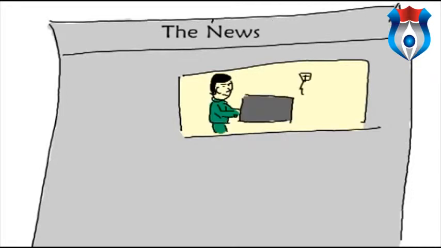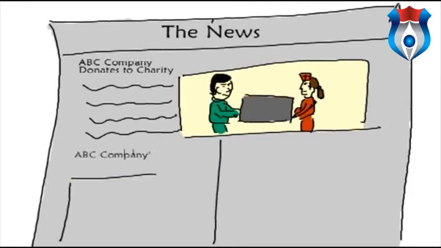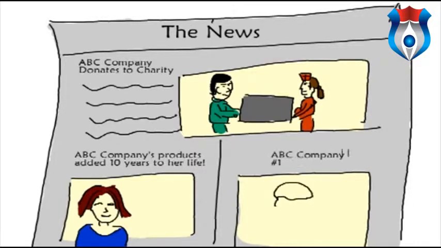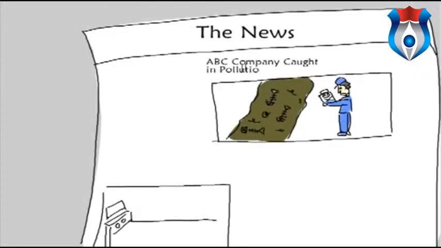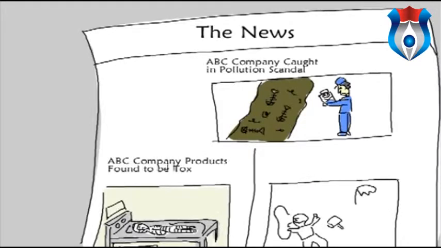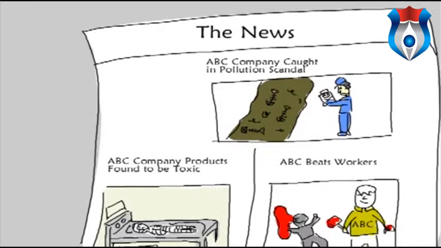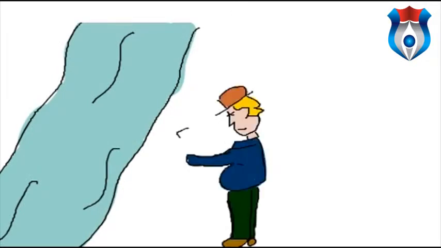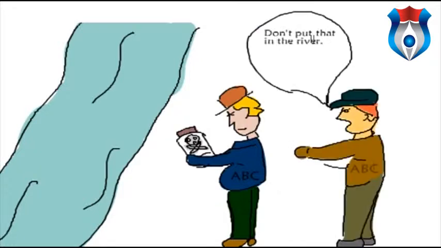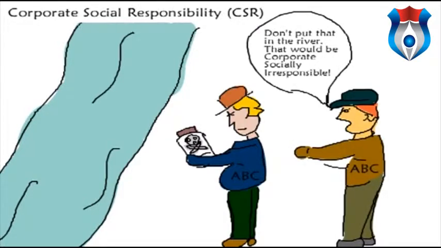Saving money wasn't the only reason. Companies also had their reputation to think about. If people believed the company was helping out in their community, making safe and healthy products, and treating their workers fairly, it would improve their reputation and give them more customers. If people felt the company was poisoning the environment, using dangerous chemicals in their products, and abusing workers, they would look bad and lose customers. Since so many companies had already moved their factories overseas, there was nobody to police them, so the corporations were responsible to police themselves. They called this corporate social responsibility.